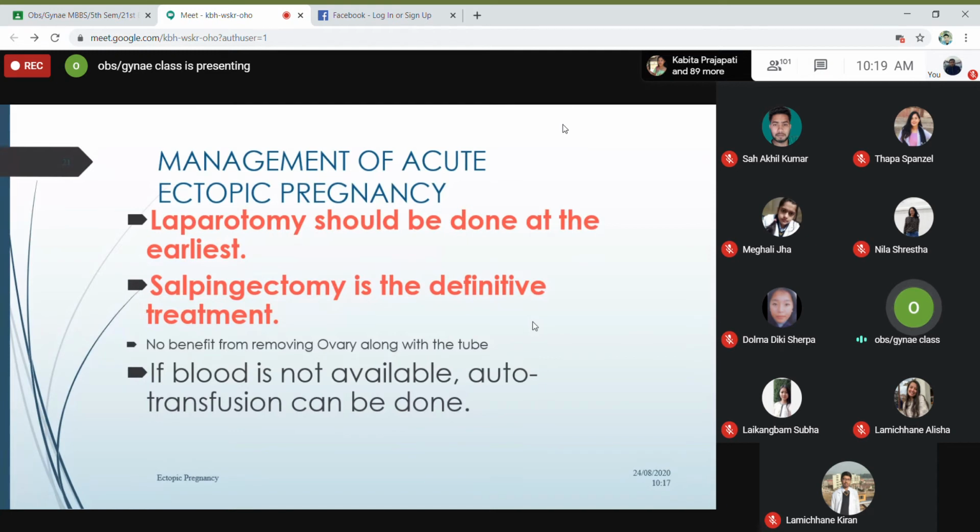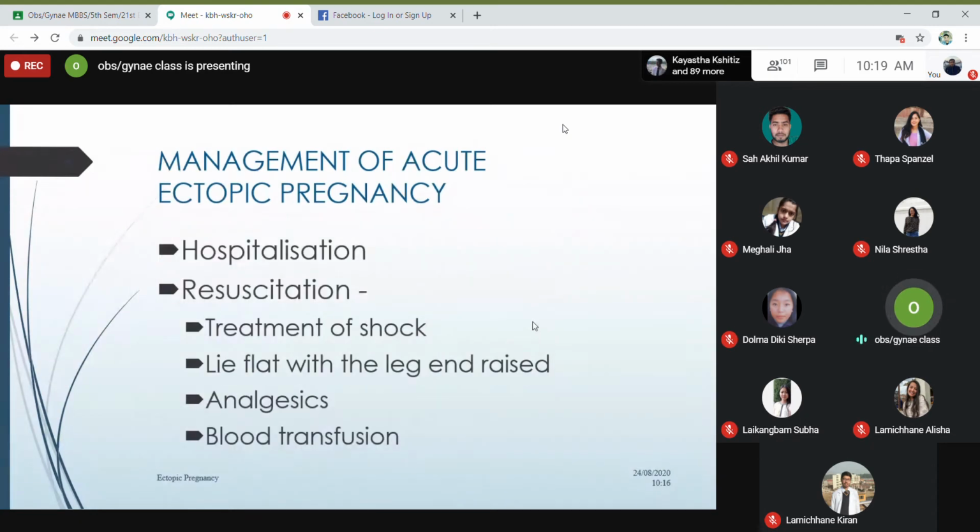And if blood is not available, there's something known as auto transfusion. Well, it's okay, you don't have to write that. This much is enough for you. Okay, so you have to write all. Whenever you're given a question, you have to please write the detailed management of shock. Okay, I haven't written all because the class will be very long then. So you have to write the detailed management of shock when she comes to you, and side by side you're also planning for a laparotomy. Okay.